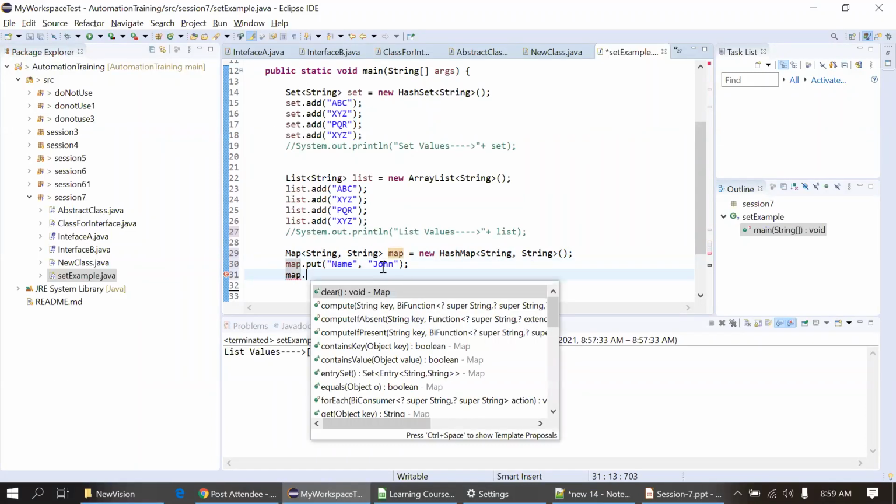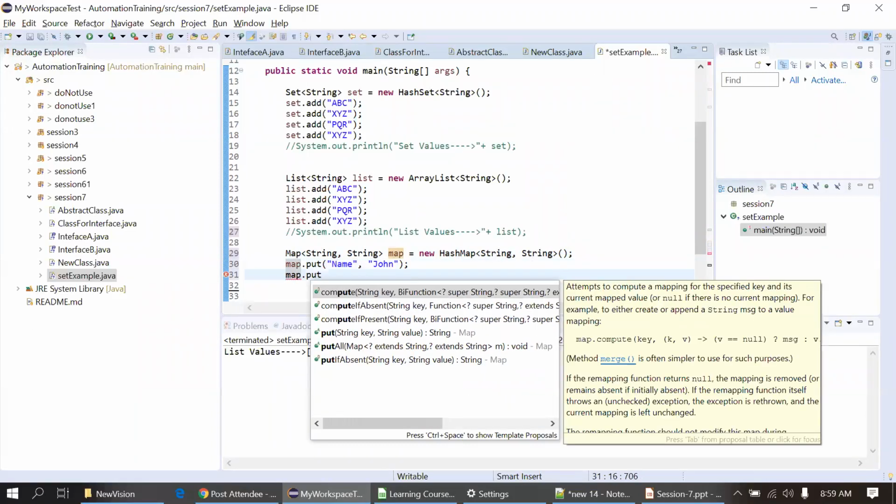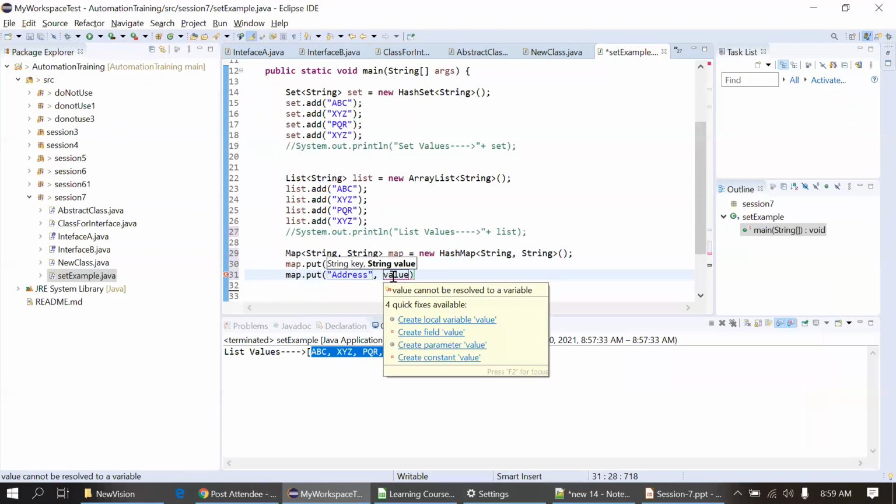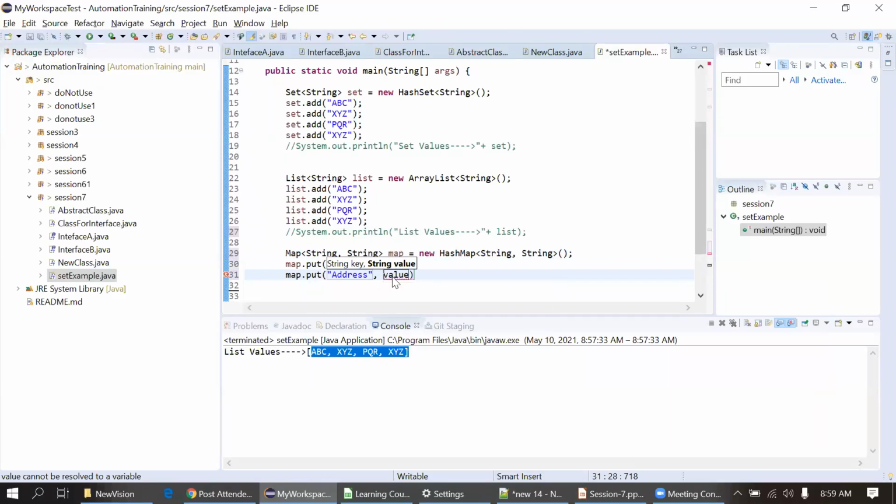Again, I'm putting some more values here in the hash map. US. Yeah, that's fine.